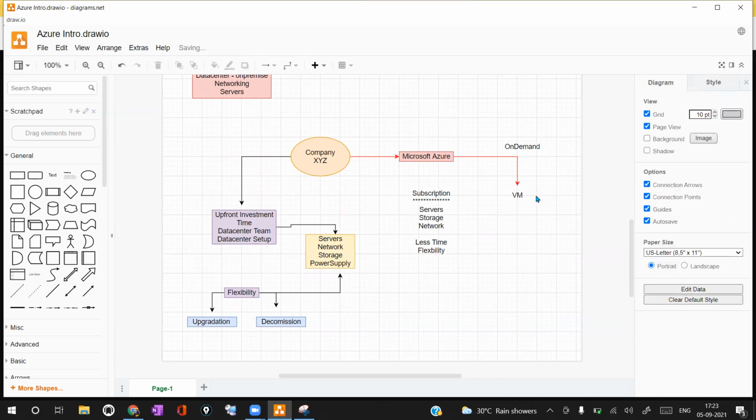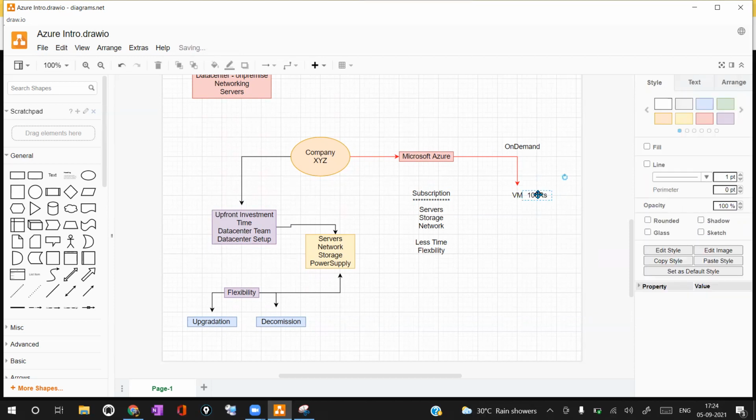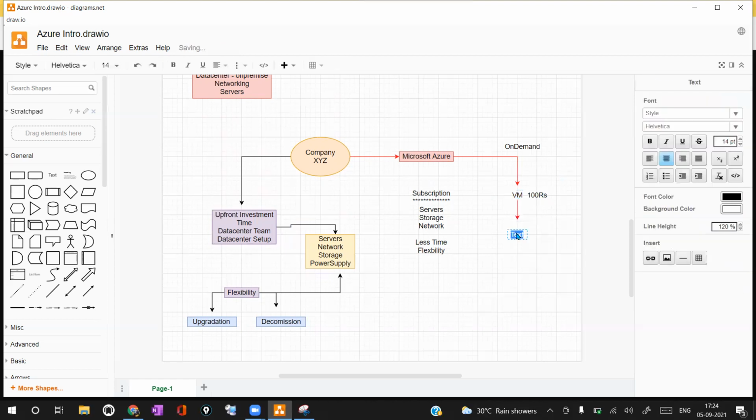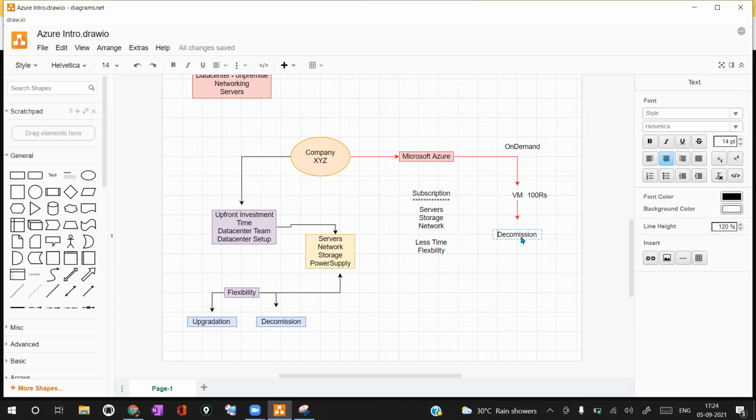Say for today, if the virtual machine costs me some 100 rupees, just as an example, for one day, I don't need to spend a lot of money on a single physical server. I'll just run my server, and once I'm done with my project, or if the requirement is to decommission, I'll decommission the server, or if the requirement is to upgrade, I'll upgrade my server instantly.